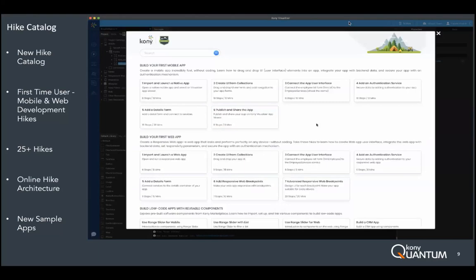And these hikes are readily available on the left navigation menu within your Visualizer, as well as within the help menu at the top. So if you go into the help menu, or on the left menu, you always find the hikes. And what we are working on is evolving this hike catalog with more and more hikes, and we will keep adding further hikes to help cover further features in the future